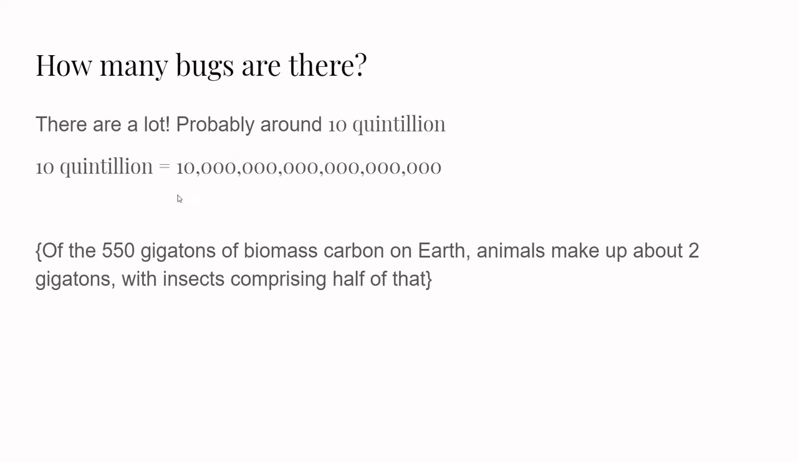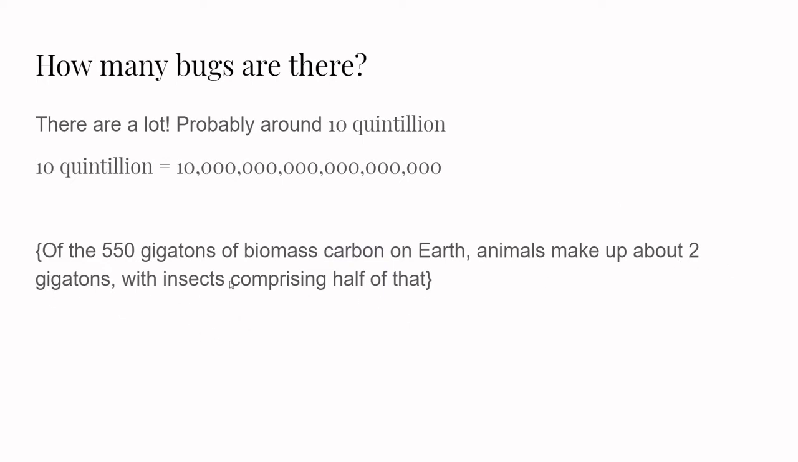And then another thing we have down here is that of the 550 gigatons of biomass carbon on Earth, animals make up about 2 gigatons, with insects comprising half of that. This is pretty much just saying that there's 550 gigatons of carbon matter that's part of living beings, so that'd be plants and animals. And then it says animals make up about 2 gigatons, so a small percentage of this. And the rest would just be plants. Then insects comprise half